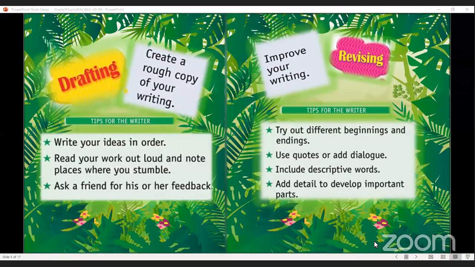Okay. Now, looking at the setting before I go any further, what do you think I'm going to write about in my story? Just by looking at my background, at my theme. Any ideas? Maybe some of you were here yesterday and the day before. Okay, someone said jungle. Okay, if Miss Cooney had to pick an animal in the jungle to write about, well, who would she pick, do you think? Who do you think I would pick? Okay, someone said a lion.